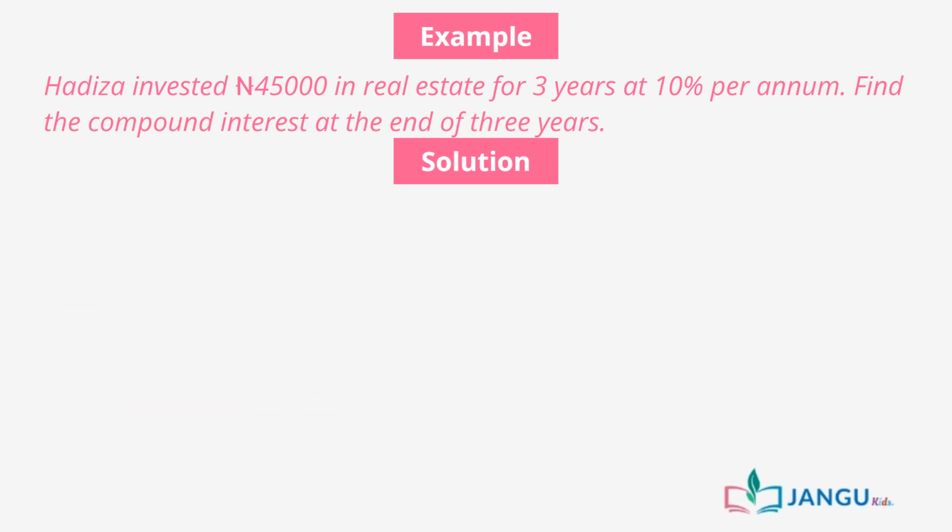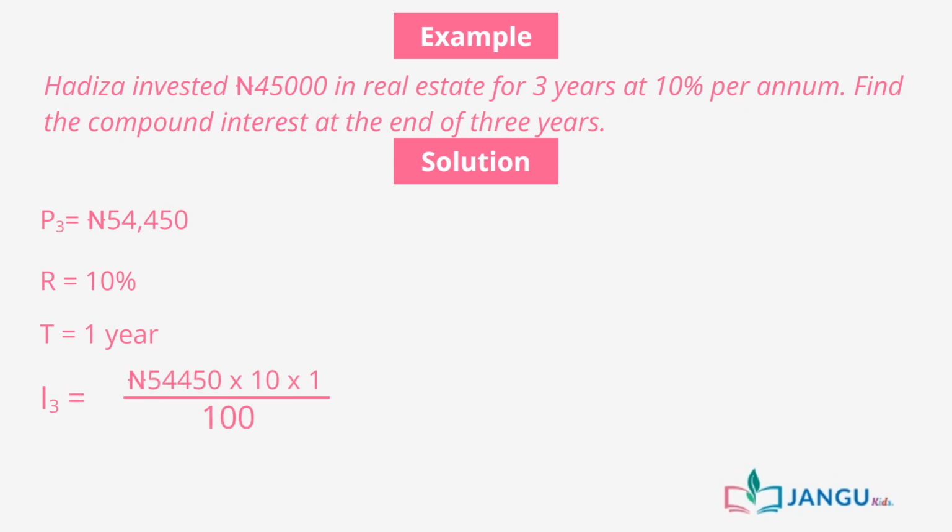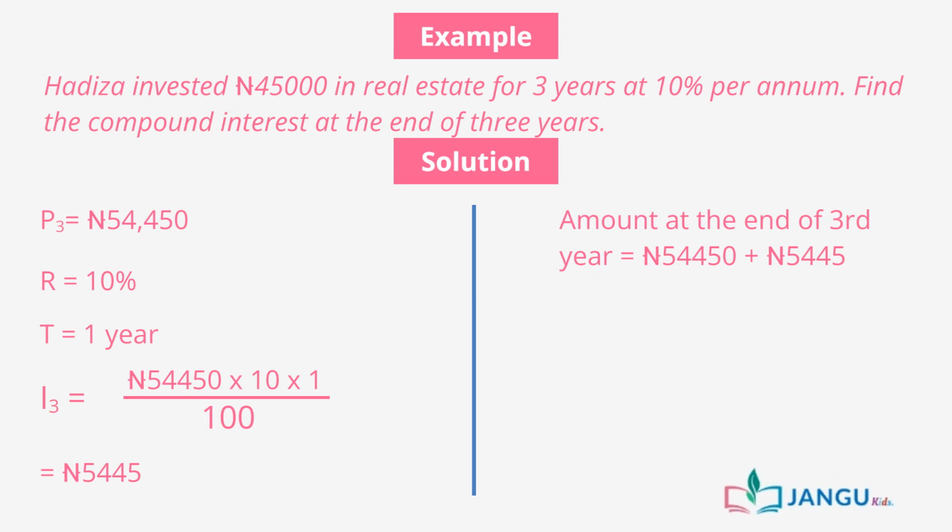Lastly, let's find the accumulated amount for the third year. The principal for the third year is 54,450. The rate and time remain the same. 54,450 times 10 times 1 all over 100. 0 cancels 0, 0 cancels 0. 5,445 times 1 is equal to 5,445 naira. Amount at the end of the third year will be